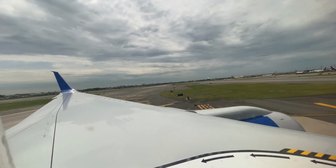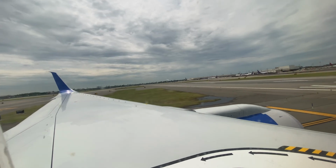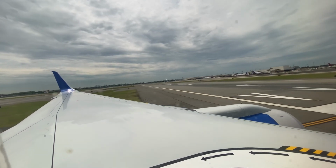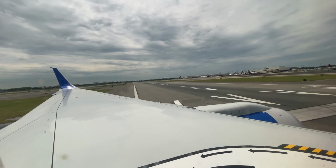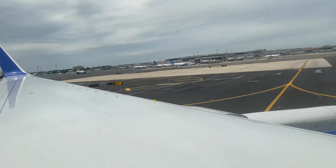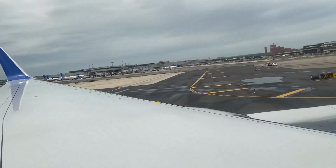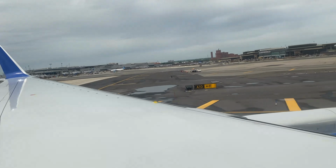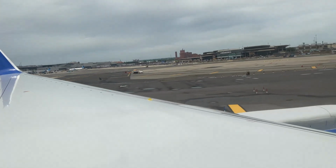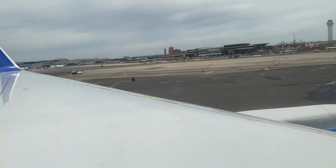As Newark is our first port of entry into the U.S., all customers, regardless of final destination, will need to clear customs and immigration here. Refer to the television monitors located throughout the terminal to confirm your gate. On behalf of all of us at United, our partners in the Star Alliance, but most especially your Newark-based in-flight crew, we'd like to thank you for